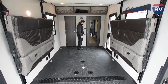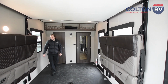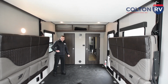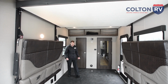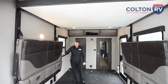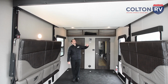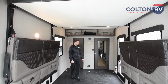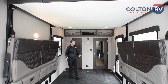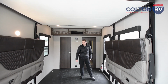Now, the coolest thing about the Grand Design is going to be their Happy Jack system. So you're going to be able to have 2 different types of bunk systems back here. You're going to have your main seating, if you have your dinette out, which is going to be with these 2 seats here. And then you actually have your bunk system, which is going to be this top one here. Now, you can configure these a little bit different. The way that we have it right now, we're kind of showing you guys, if you need a little bit of extra space